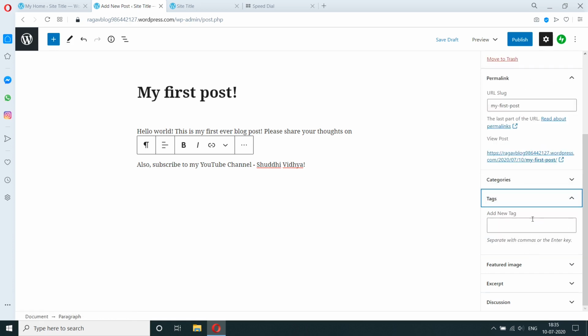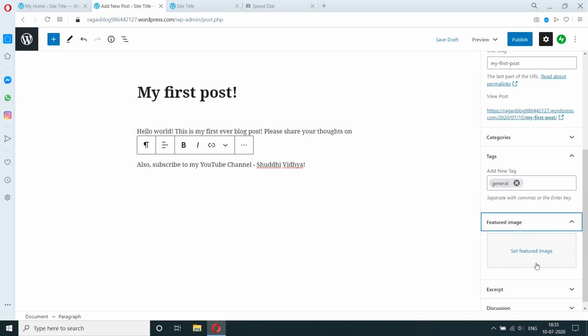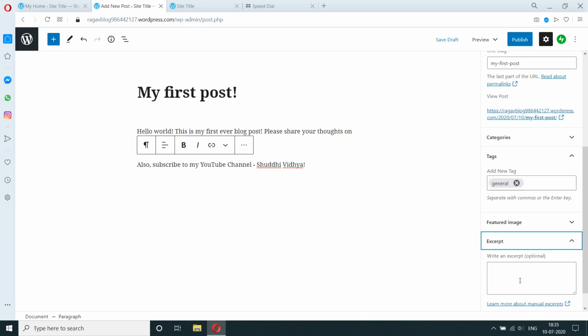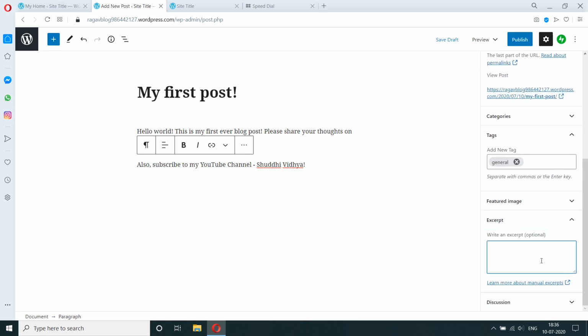The second thing, the tag. If you enter a tag, it's basically easier for somebody searching for something to find it through the tag. So tags are helpful for searching. And featured image. I don't want to set anything right now, but that's a possibility. When you have the featured image set, it will show up differently on the blog page. Next, excerpt is